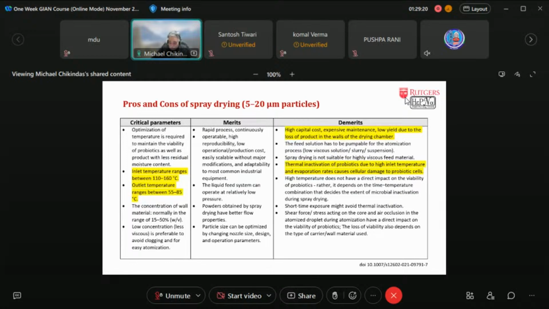Then cons of the spray drying, and this is where we have the size of the particle between 5 and 20 micrometers. Several of them you have in the handout, so you can study them on your own. But I highlighted some from my